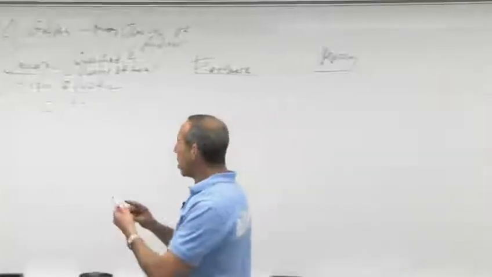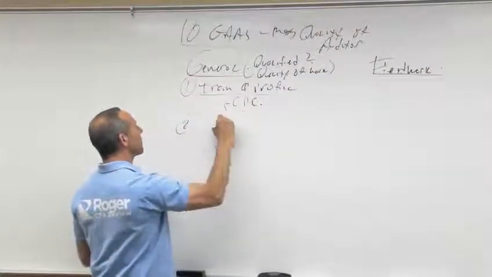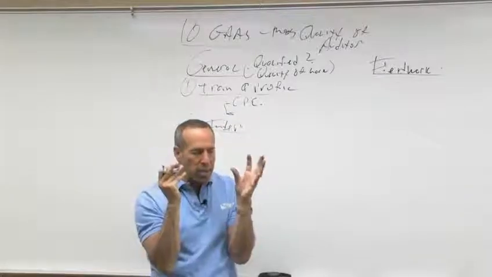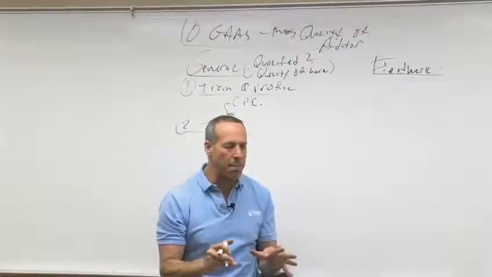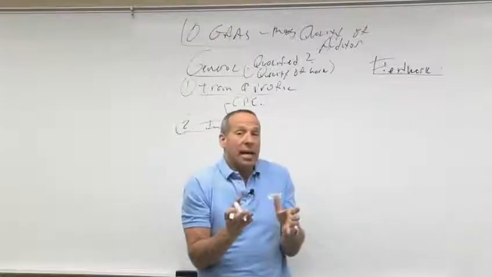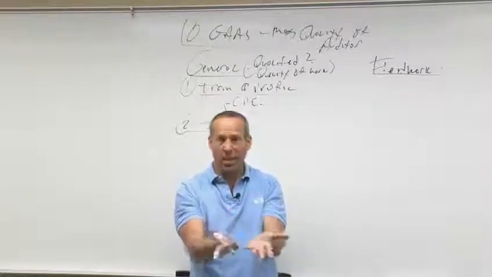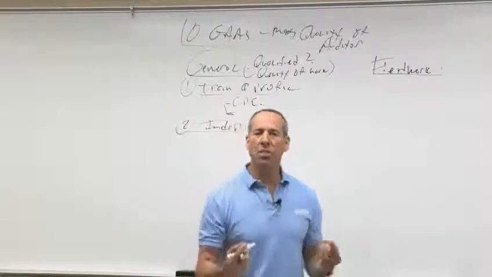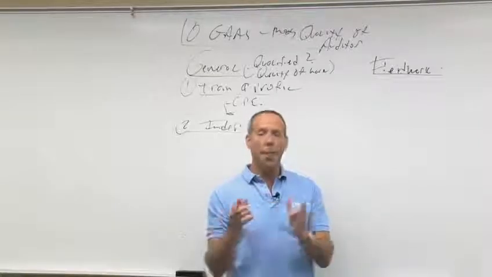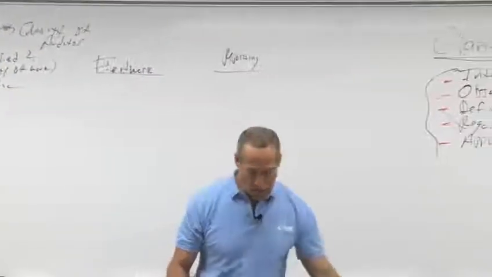The second one talks about independence. And with independence, that means we want to make sure that if you're giving an opinion on these statements, you're not biased one way or the other. Because how objective are you going to be if you have an interest in the client? You're not. That's why we have specific rules that talk about independence. We're going to have these under the Clarity Project as well. But here, it's one of the generally accepted auditing standards that says you need to be independent.